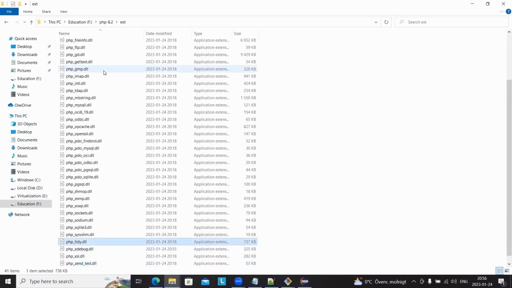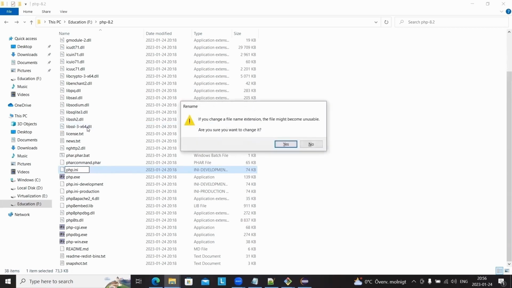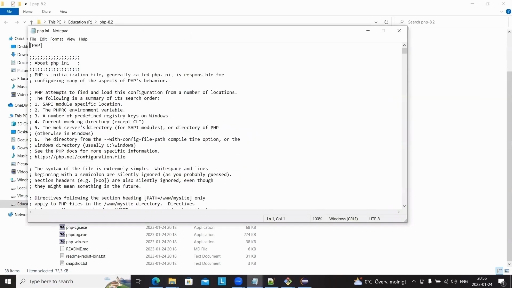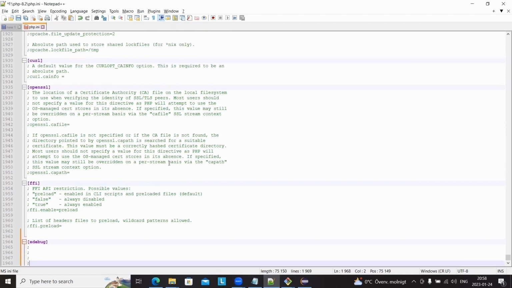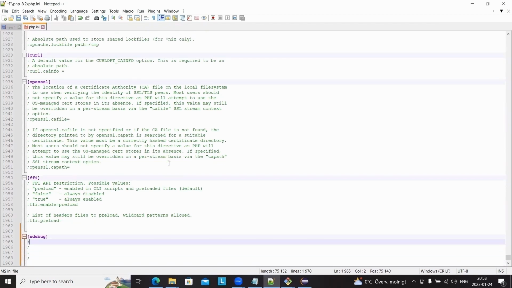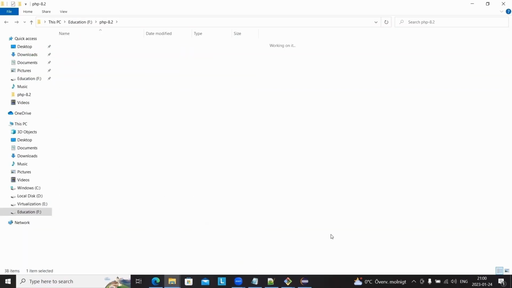Now in your php.ini, you copy the php.ini-development and edit it with Notepad++. Add a new section at the very bottom: Xdebug. And now you do zend_extension equals, now the path to the Xdebug DLL. Good. Save. Open shell. Run PHP